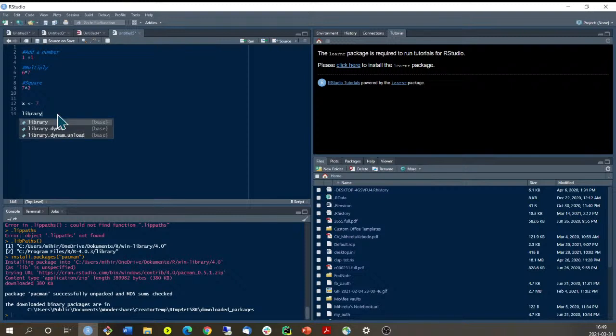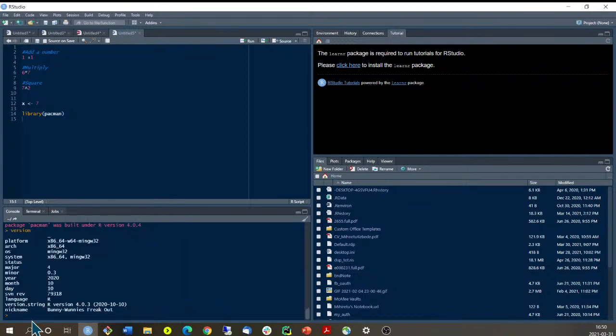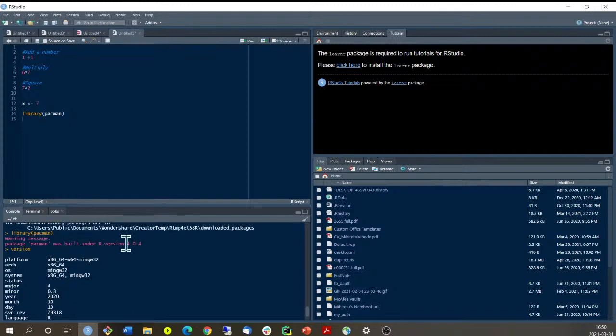And if you want to load it, you can write library(pacman). Let's say I have pacman, then you say pacman. Yeah, I already have it, but it's giving me some warning. But this is some ignorable warning, because it's telling me pacman was built in R version 4.0.4. But my version is, I think, my version is 4.0.3. So if I want to know my version, I can just write this, then I have my version. So I have 4.0.3, but this package was built for R version 4.0.4. But it doesn't matter, I can still run pacman